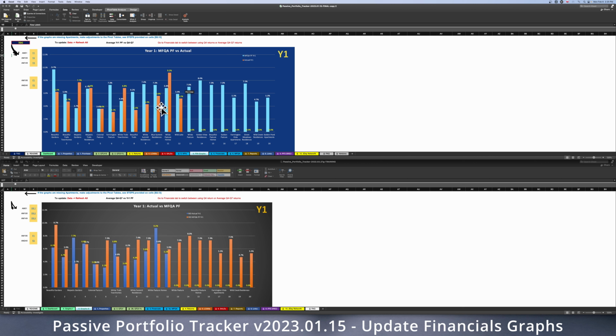One change that we have made to all of our tables is they are now the same blue color that is used in the Lifestyles case study presentation template. So you can just screen grab your tables right out of the passive portfolio tracker and paste them into your case study presentation. On this tab, you will notice that if you have MFQA data on the MFQA tab and